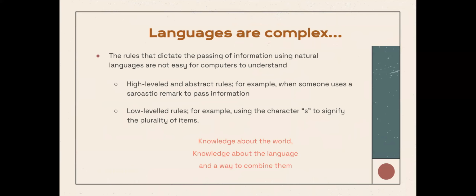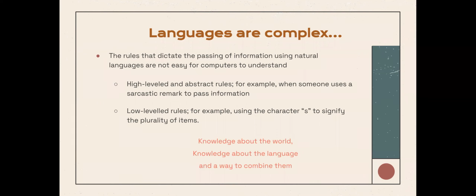So language, as we know, is complex, and a huge part of language is actually a set of rules. If you break it down, there are high-level rules, which are a bit harder to understand, like the sarcastic comment or some inside joke. These kinds of things are a bit harder to understand for someone who's just using a rule-based decision system. But some low-level rules, like adding an S to the end of words makes them plural, you can code out a bit. It's a bit easier to code these rules out. So like cat is singular, cats is plural. So from that, we can understand whether there's more than one cat or not.